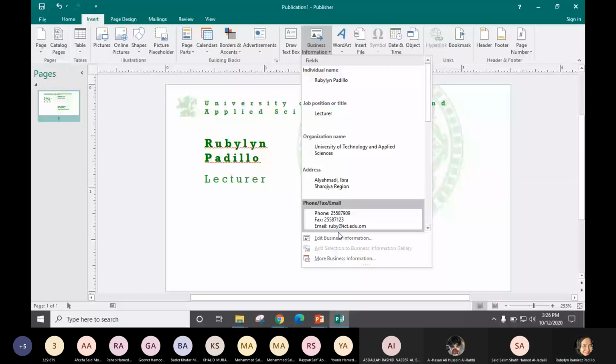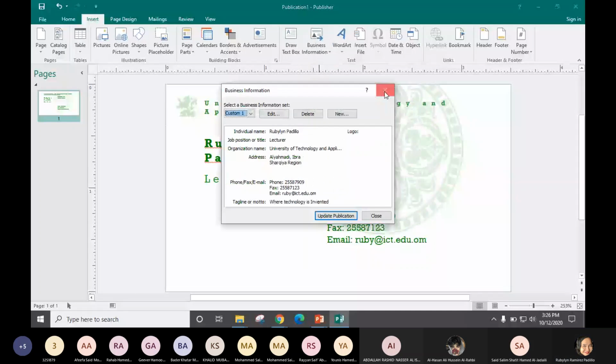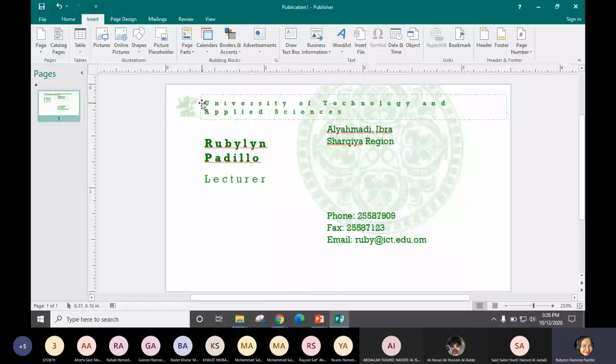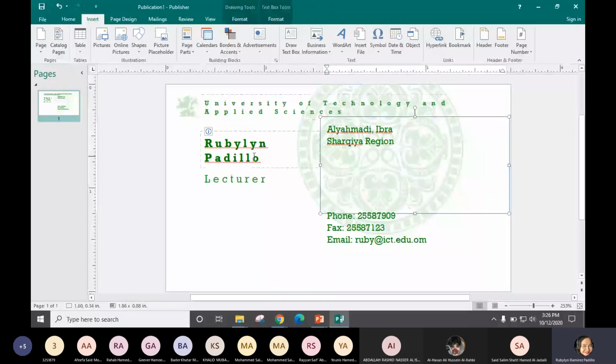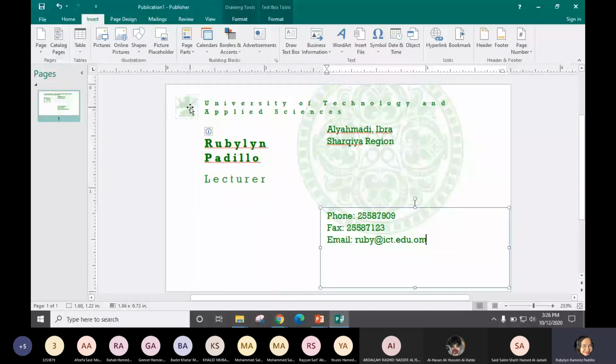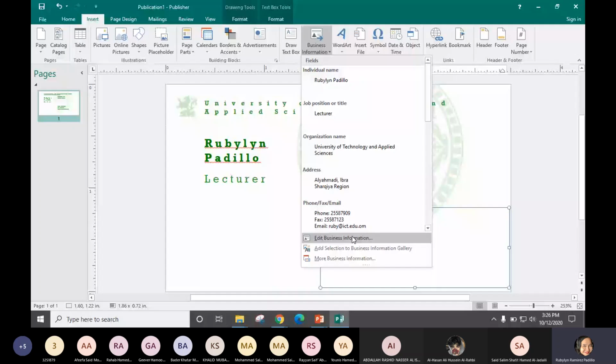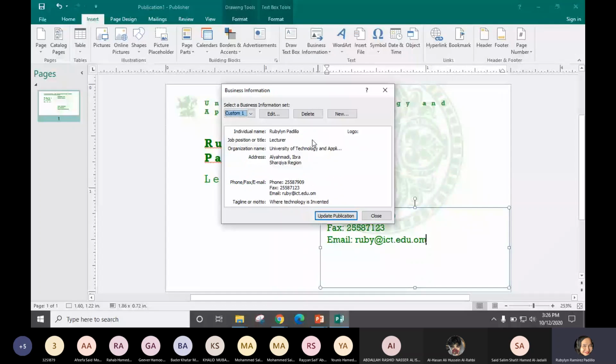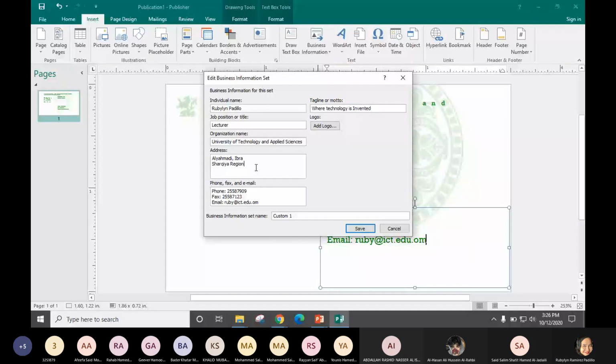If you do not have this information, the university name, the address, the name of the person, the designation, the contact number, go to insert, business information, and then edit business information. For example, I want to edit the address because the address is very short.